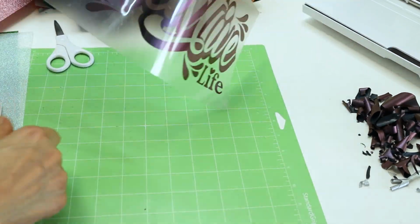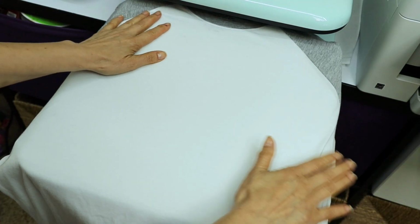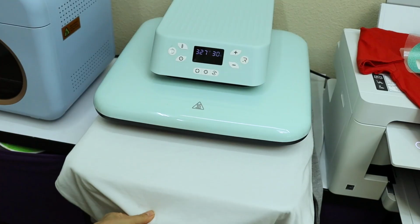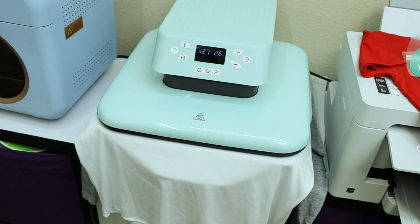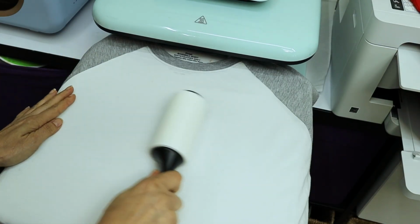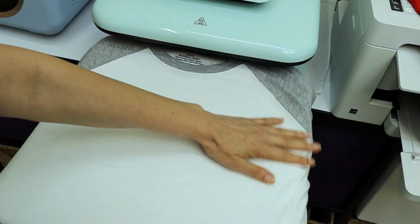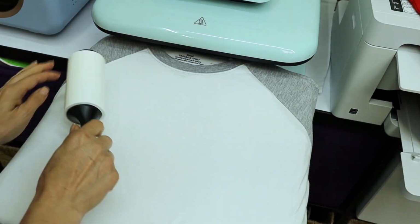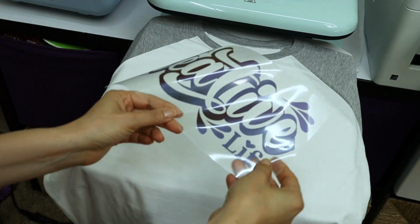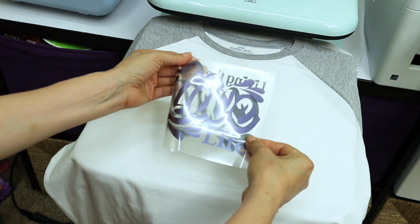The design is ready to be transferred to the item. I'm going to be customizing a small t-shirt. Press the t-shirt for 10 seconds to remove the wrinkles. Then clean the surface using a lint roller. Align the designs 2 or 3 inches below the collar. Place a piece of butcher paper on top and press it